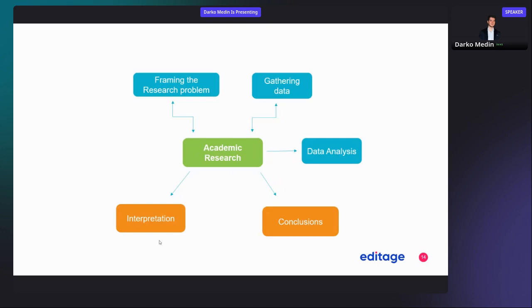So that's why it's important, not just for statisticians, let's say, to understand statistics. It's important for any researcher to understand statistics to a certain level, so that these processes in academic research can be performed efficiently and without errors. So most people think that